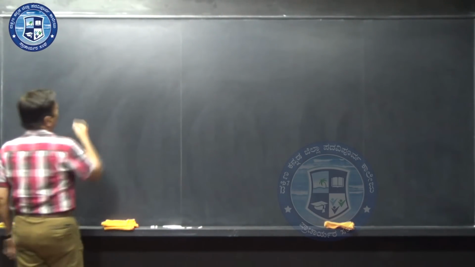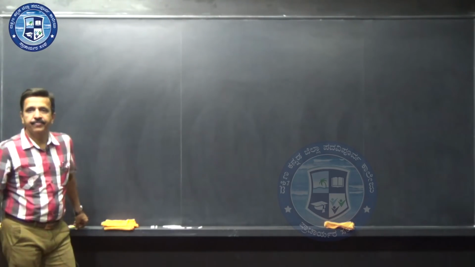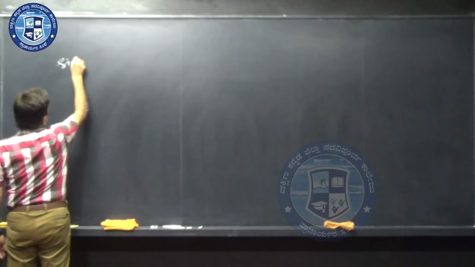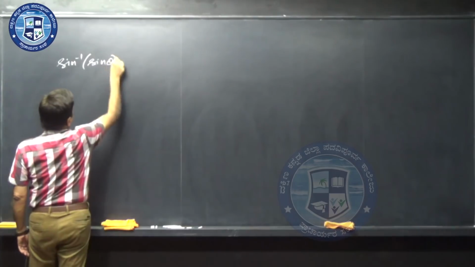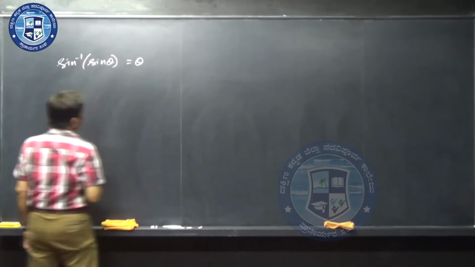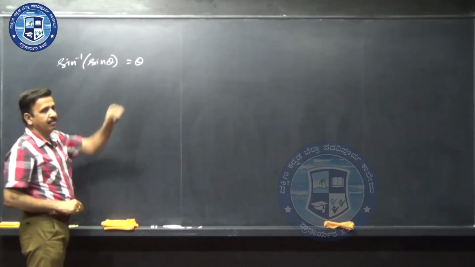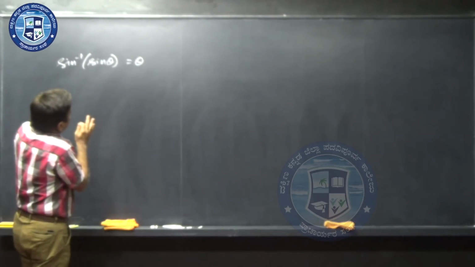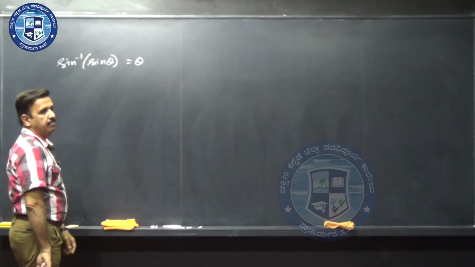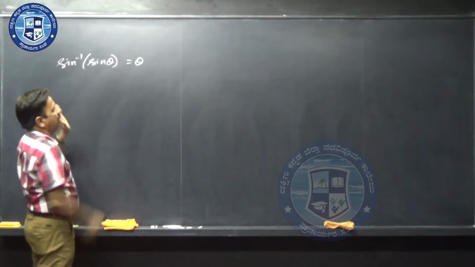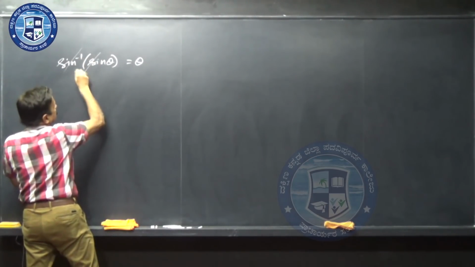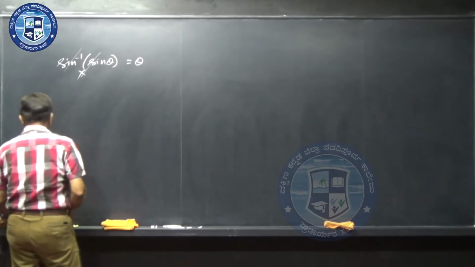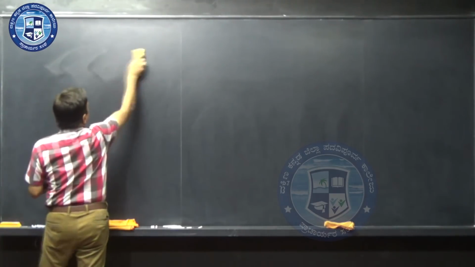Okay. Just recall what we have come across earlier in the theory discussion. We know that sine inverse of sine theta is equal to theta. It looks like sine inverse and sine cancel and theta remains. It is not like that; it goes according to the theory. By looking at this, you will get that impression, but it is not cancellation of sine. You can't write like this, it is absolutely wrong. You can't cancel out sine inverse and sine. It is according to the discussion we already had.